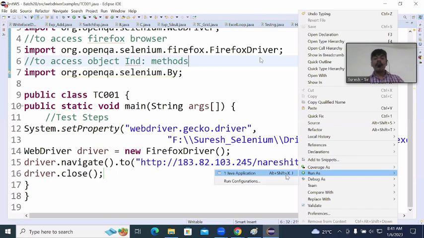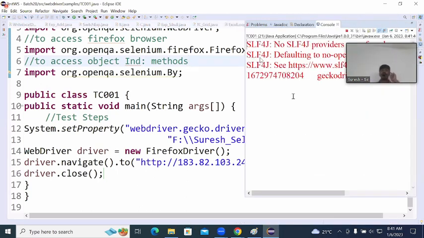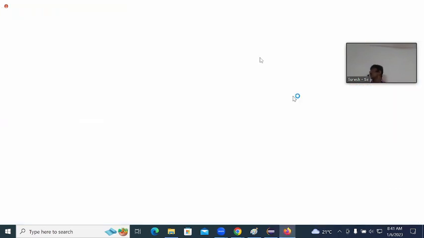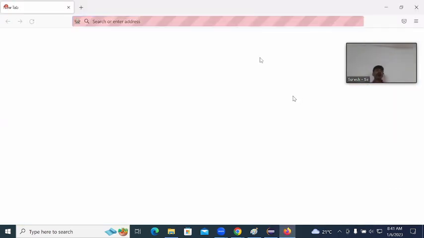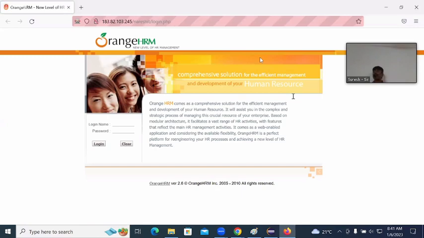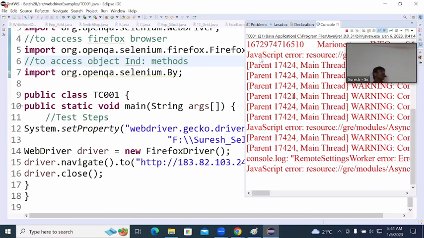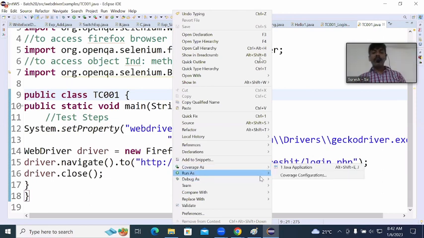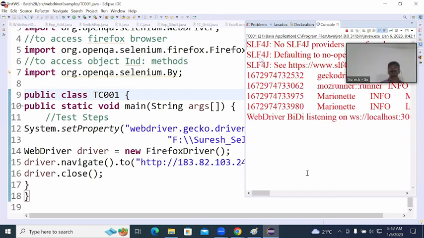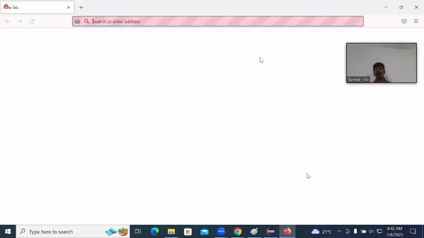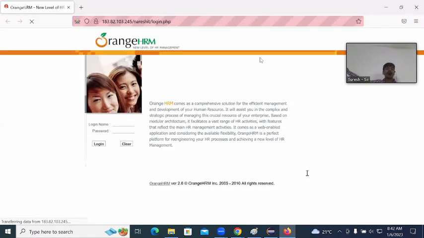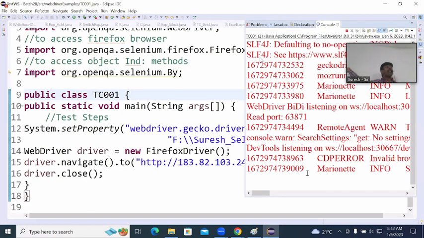Now we can see here that the browser needs to be launched, the URL needs to be entered, and the browser needs to get closed. Did the URL get entered and the browser close? Closed. It was a little bit fast. Let me try once again. Launching the browser, URL entered, immediately it will close it because